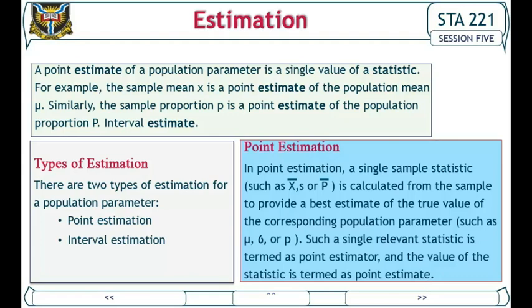Interval estimate. Types of estimation. There are two types of estimation for a population parameter: point estimation and interval estimation. Point estimation. In point estimation, a single sample statistic such as X bar, S, or P bar is calculated from the sample to provide the best estimate of the true value of the corresponding population parameter, such as mu, standard deviation, or P. Such a single relevant statistic is termed a point estimator, and the value of the statistic is termed a point